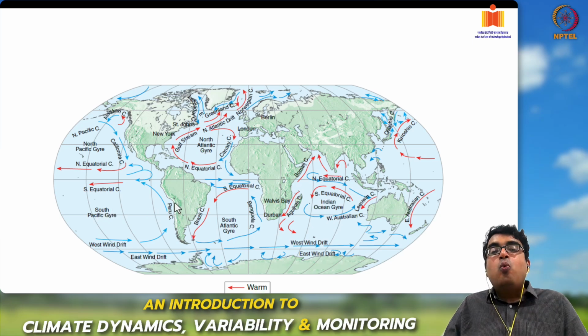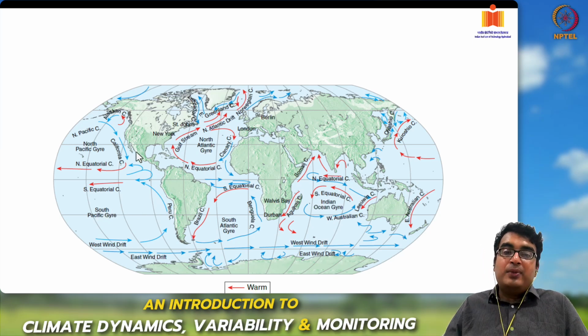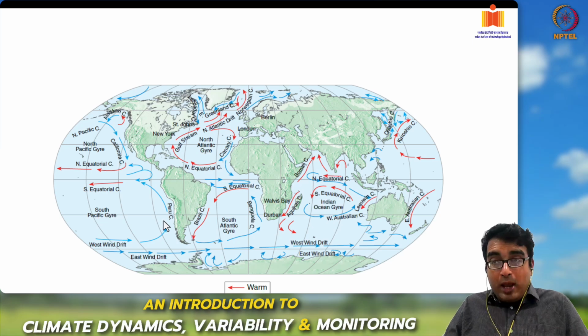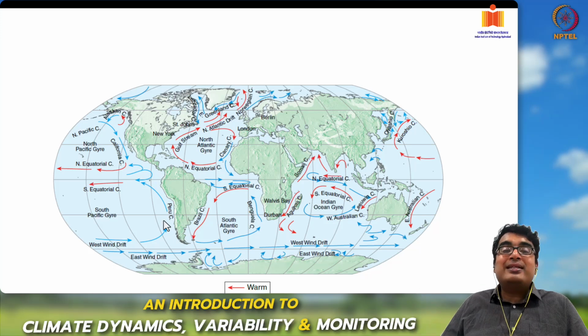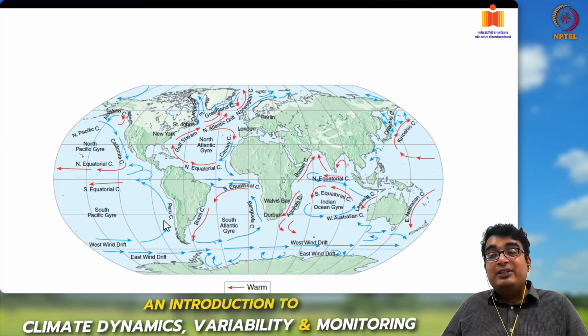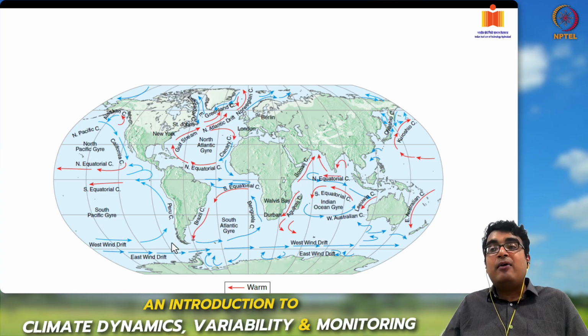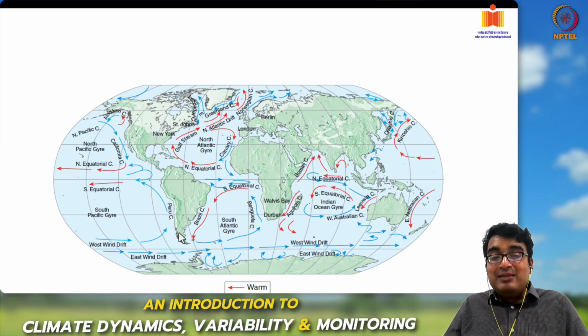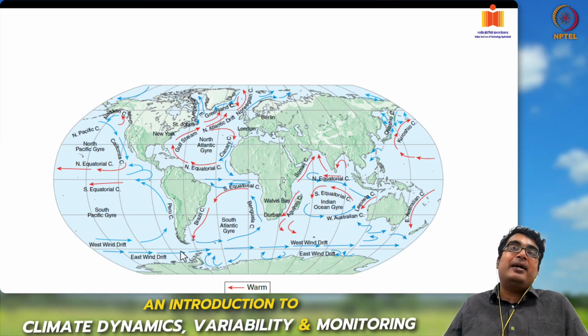As a result, water is being dragged away from the coastlines, causing upwelling of deep layer or thermocline layer waters towards the surface along the coasts of these continents. This is particularly true when the continental margin is in the meridional or the north-south direction. For example, the western coast of South Africa is oriented approximately in the north-south or the meridional direction, causing significant